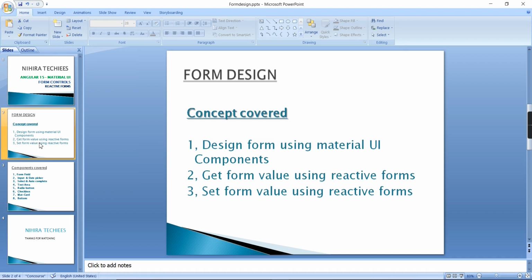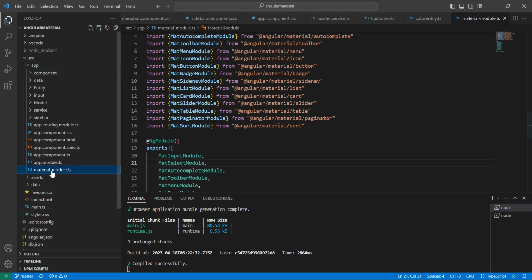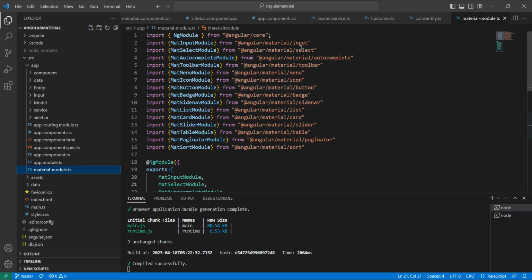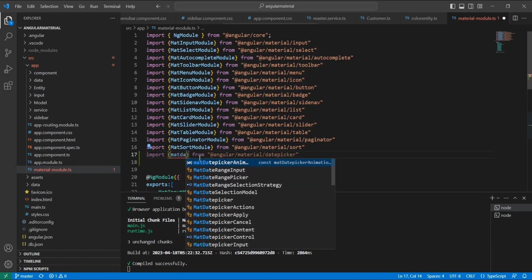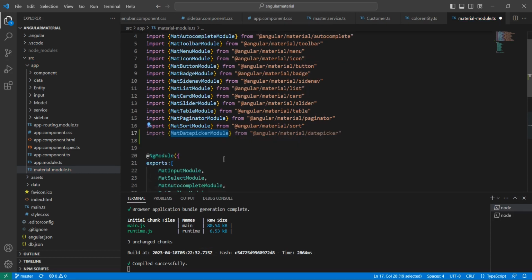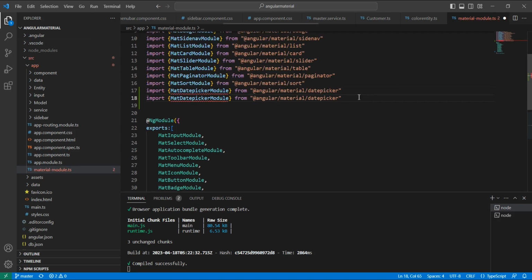Now let me go to my application, where we can start our implementation. This is my created application. The first step is to import the required modules. The first one is input, which we have already imported, and the second one is select and autocomplete, which is also included. Next, let me include the date picker, and the module name is MatDatepickerModule. Let me include it in this exports section, and in a similar way we have to include one more module for the date picker,